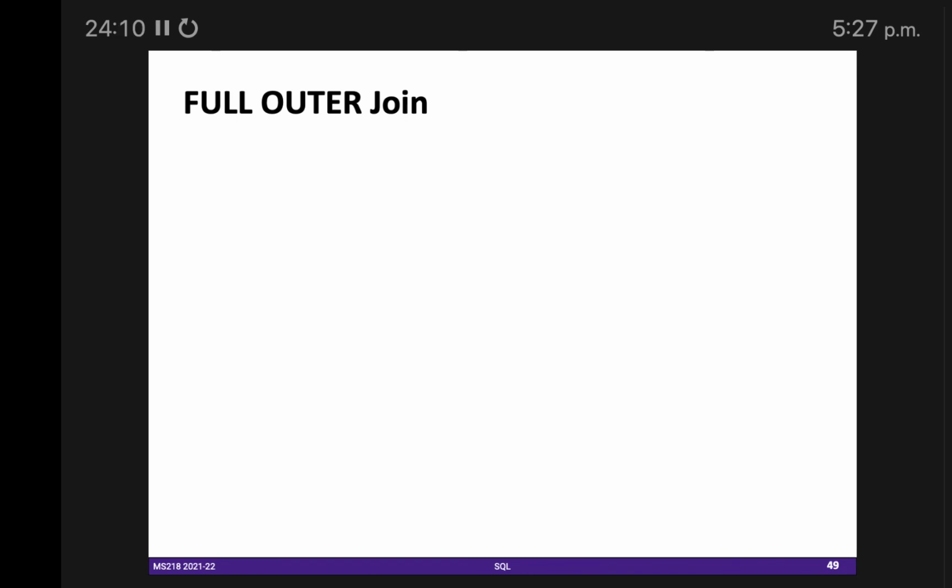Left and right outer joins will bring matched and non-matched rows according to the left side or the right side. Full outer join will bring three things: matched, left rows that are not matched, and right rows that are not matched. So three things.